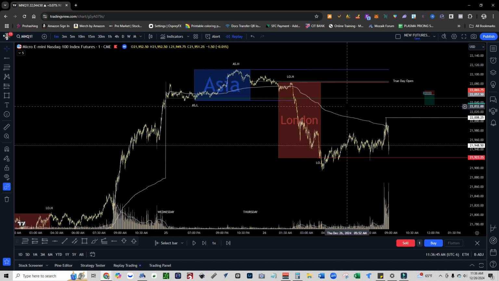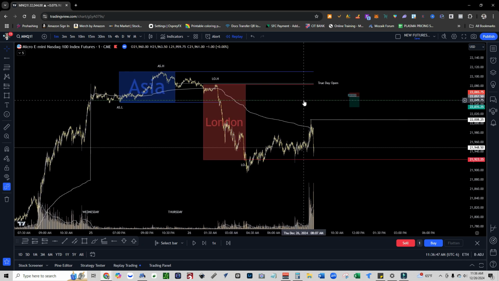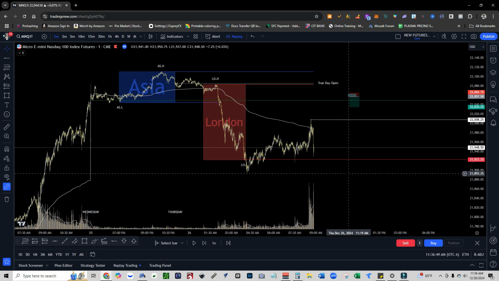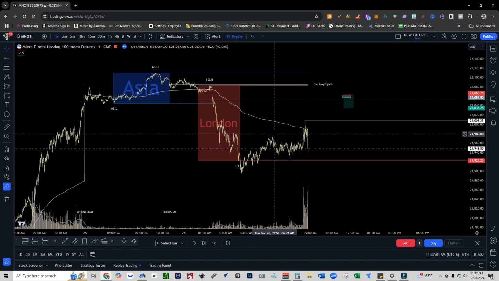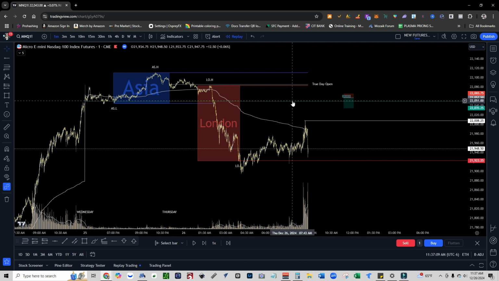Also, real quick, sorry about that, I have the previous day high and low mapped out, and that indicator is this one right here. If I turn it off, you see the green line right here disappears. That's also one you want to have on your chart, because like I said, it is a high liquidity draw depending on where we are when we open. So definitely have those on your charts.